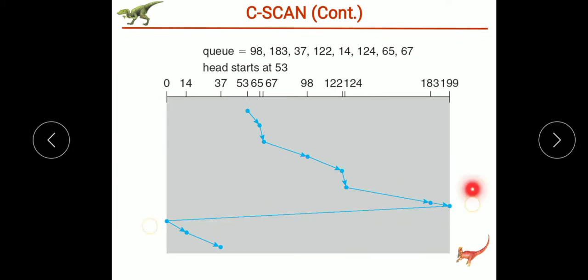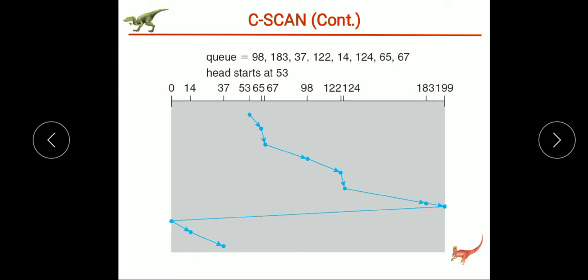Therefore, these two ends will not be reached by the head. So the versions of SCAN and C-SCAN are introduced, called LOOK and C-LOOK scheduling algorithms.